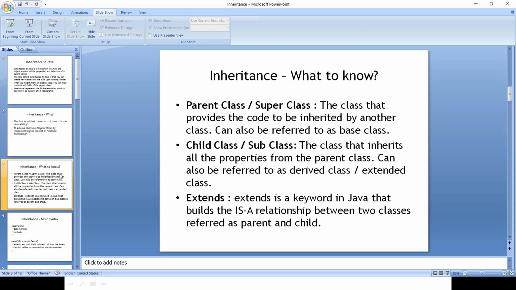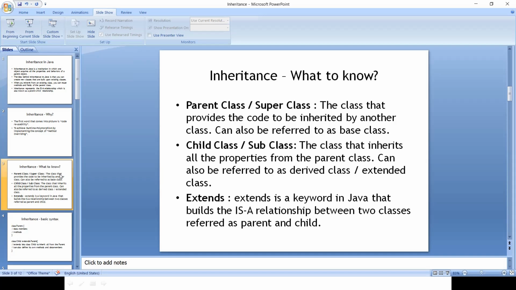Just that, my code is trying to inherit the Database.java connection class. Database.java becomes a parent class, and my Student.java, which is trying to inherit all the code from the Database.java class, is set to be a child class. Now you can see we have already discussed what it is. Now child class or subclass. In my example, Student.java will be the subclass.